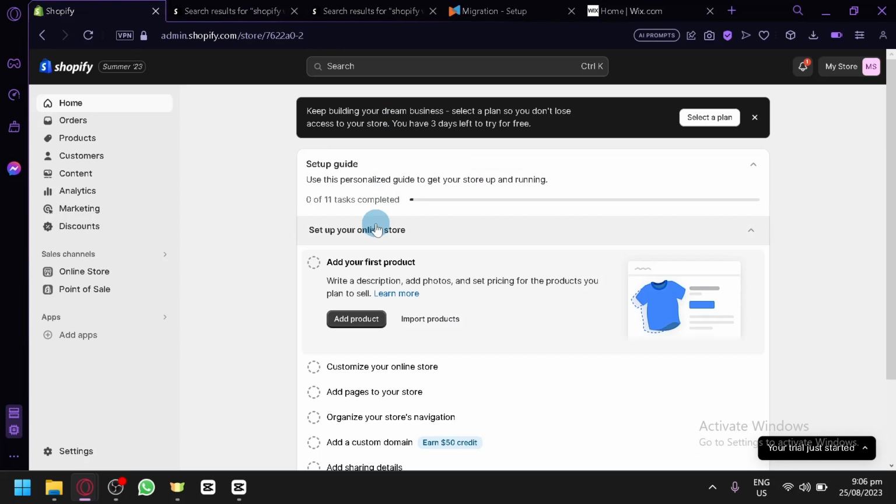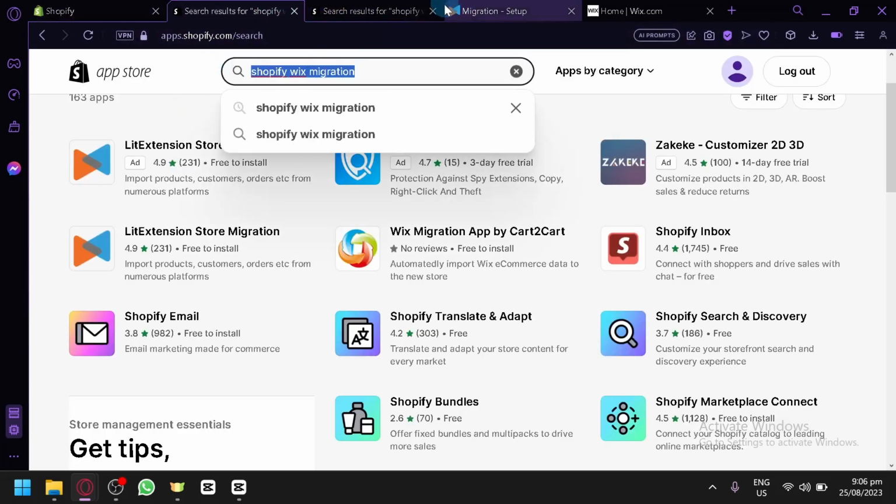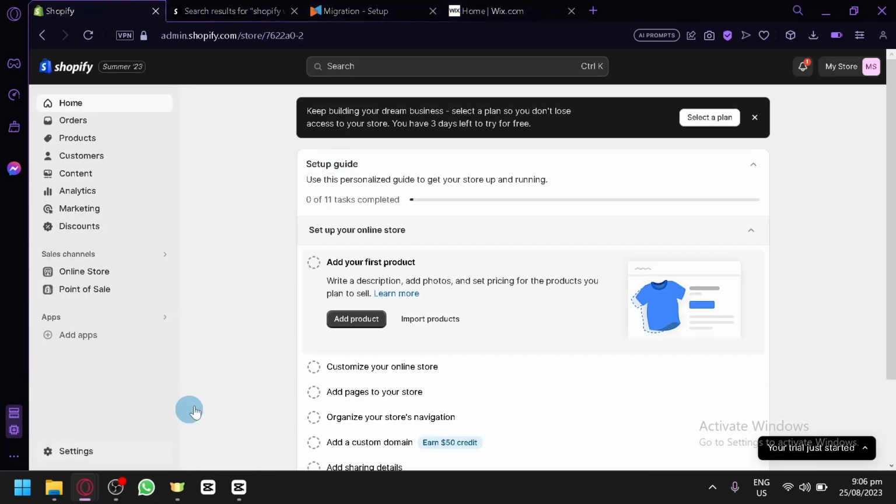You will need to use and utilize the Shopify apps by using the add apps option over here. And then simply look for the keyword Shopify Wix migration and select the Life Extension Store Migration over here and enter the proper information to be able to connect both Shopify and Wix. And so that's it,